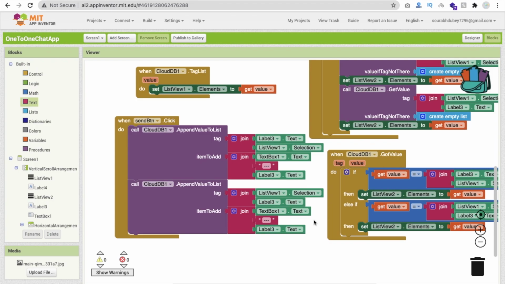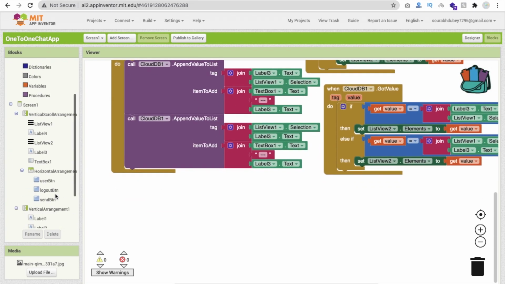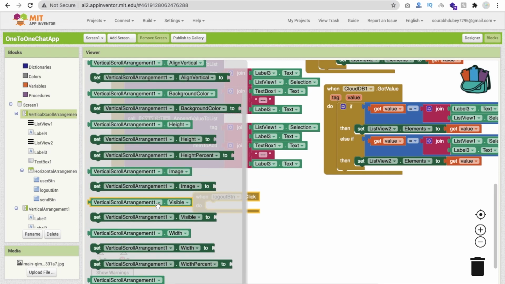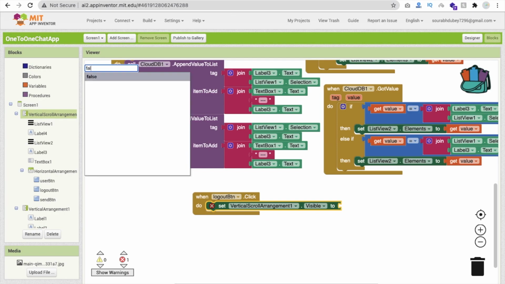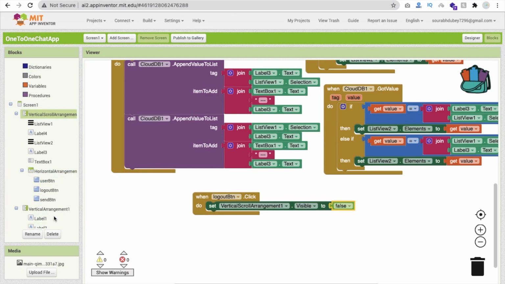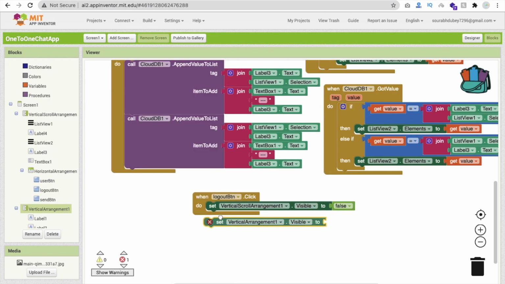Now whenever someone clicks on the logout button, then we have to simply call this vertical arrangement, and its visible should be off, like this. Just copy paste here, false, and then we will call vertical arrangement visible should be on, means true.